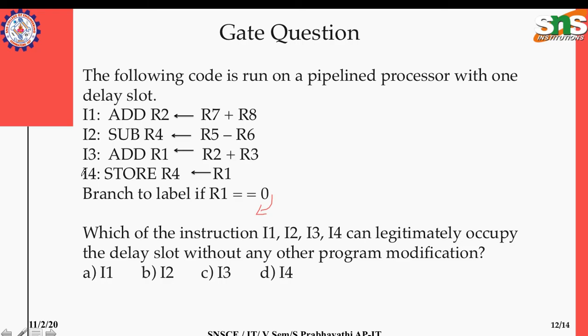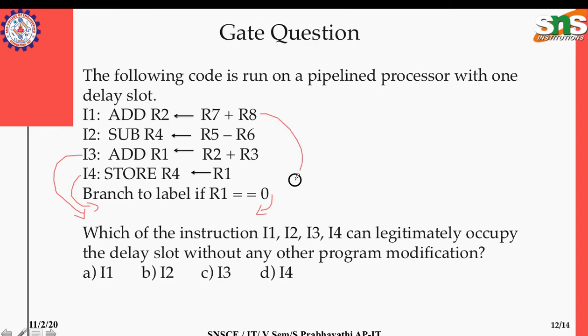So the question is, if we bring I4 here, whether the output gets changed because of that, or if we bring I3 here instead of I4, whether we could utilize the delay slot properly and there will be no change in the program execution. That's the question. I will give you one explanation for bringing I1 here instead of I3 or I4. Because of this branch, there is 1 slot, and that slot we have to use efficiently.